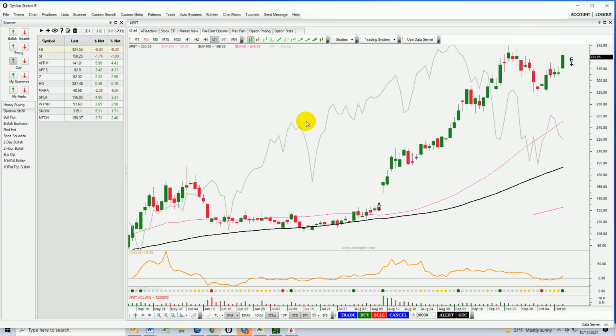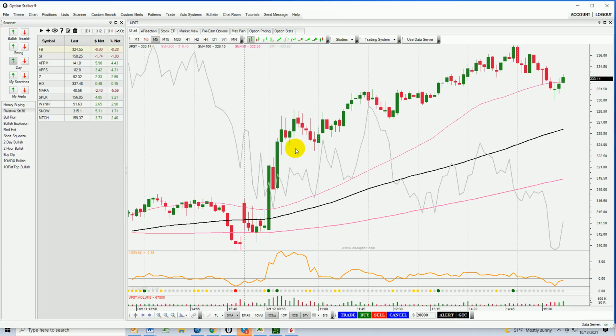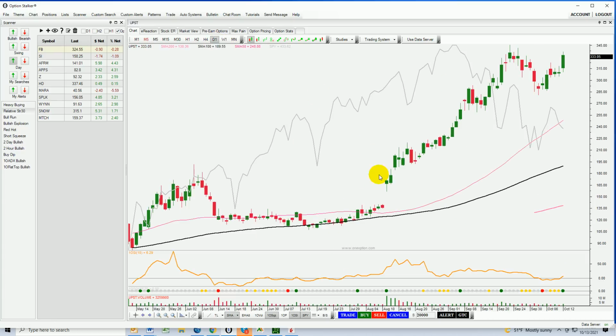UPST. Love that chart. Tails above body, downward sloping trend line, broken to the upside. Stock closes near its high of the day. Fantastic relative strength. You can see how strong the stock was yesterday. Relative strength almost the entire day. Had a little bit of profit taking late in the day. It will get right back on track. Same thing here. Massive run. There's your flagpole. There's your little dip. There's your downward sloping trend line. There is your bullish flag formation. Orange line above zero,